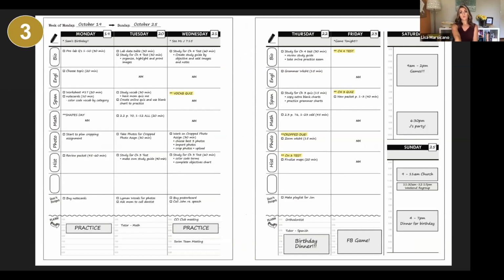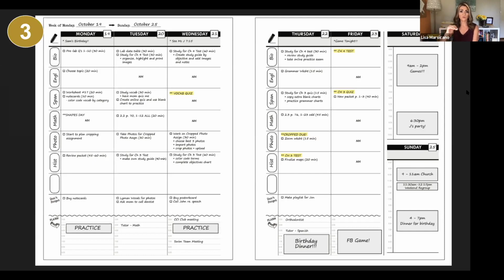So I know I'm recognizing some names here on the call, so I know that some of you have seen this before, but I really want you to find a planner. We have one like this, we have one with lines. There's awesome ones you can customize online that you can find, but I really want you to pay attention to the features that are most important to keep you organized, which are Monday through Friday, the week goes left to right, morning till night, kind of top down.